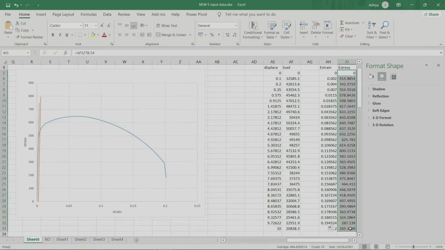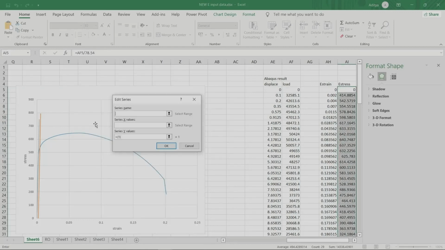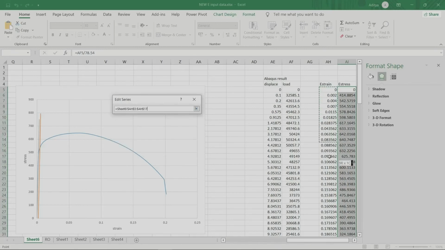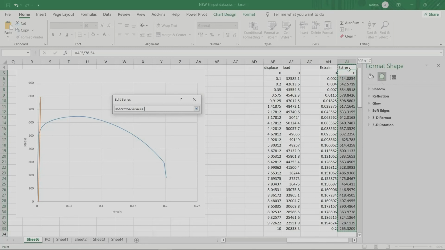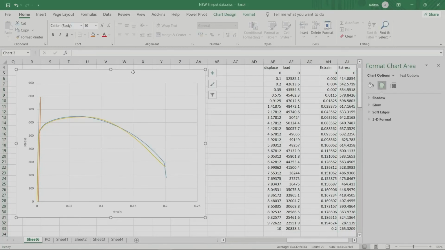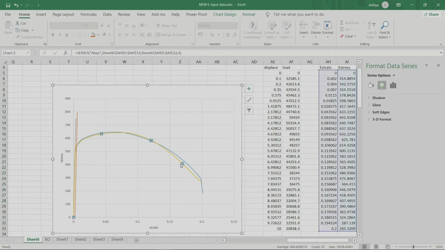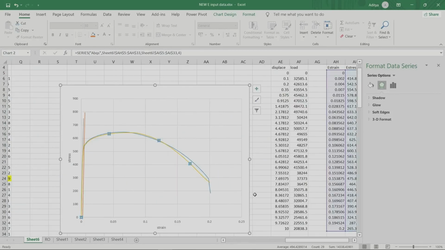That will be 78.4. Now this is your actual or experimental data, and this is your simulated data. So this data here is your simulation, and this data here is your actual engineering data.